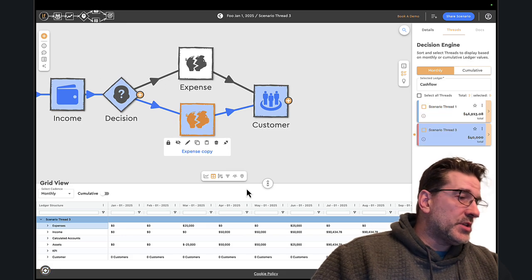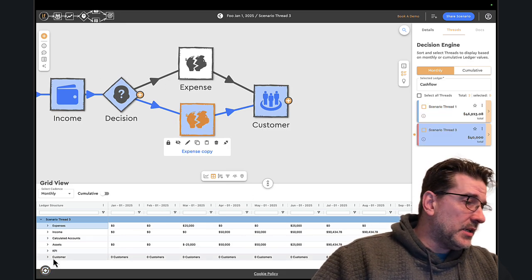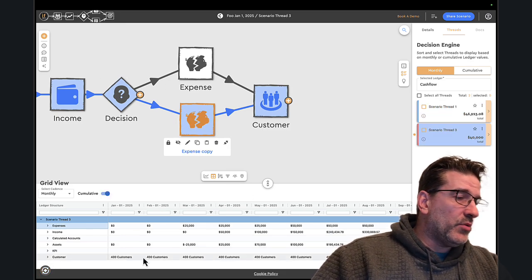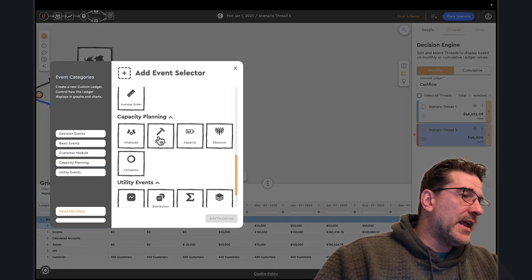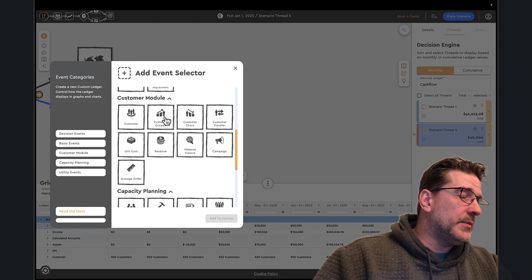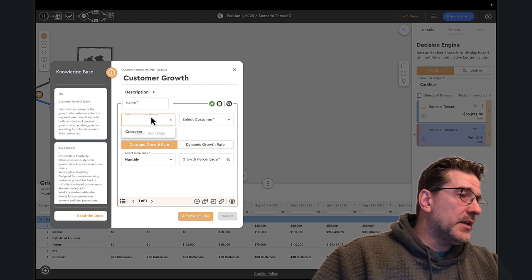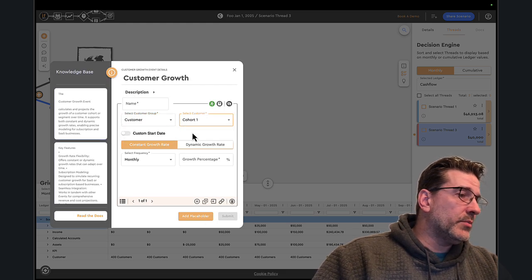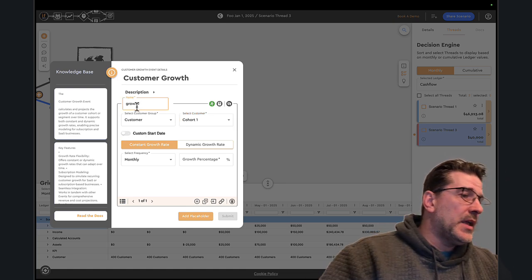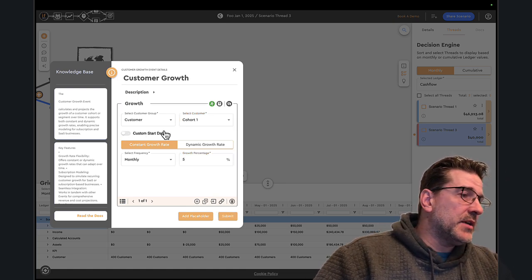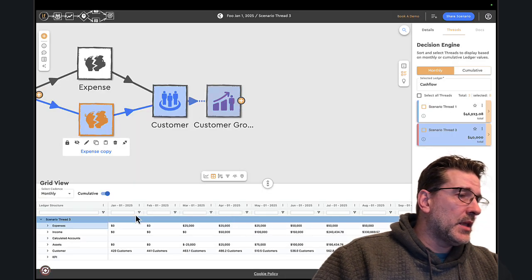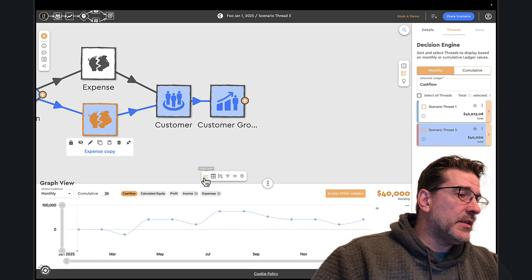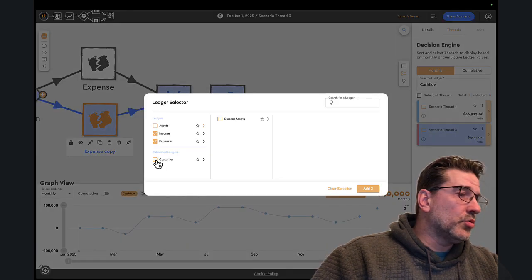So we established some customers here. So now if I look at my customers, I can see cumulatively that I've got my 400 customers every month here in my model. Right? I could go in here now and add in something like a customer growth if I want to, and say that I want to take customer cohort number 1, and we want to have growth here, and this is growing at 5% month over month. I can submit that, resimulate, and now we're going to start seeing that our customer counts are growing over time.